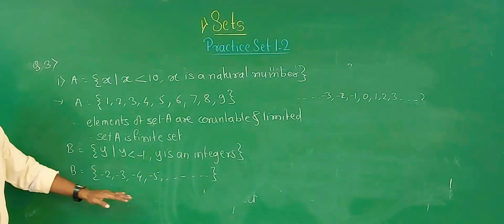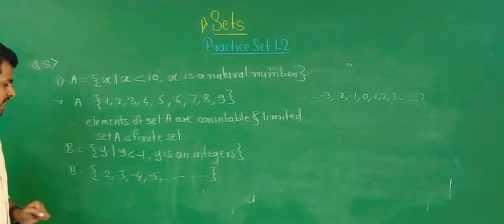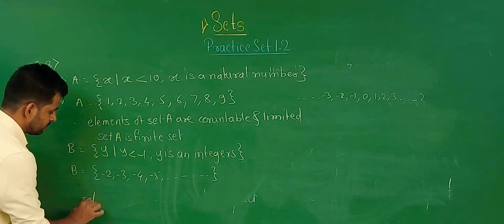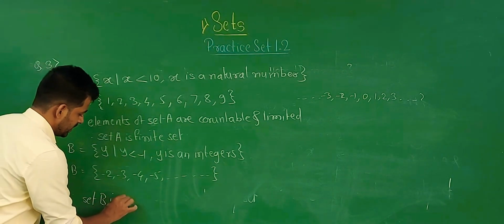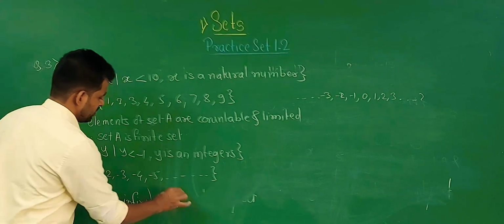Okay, we have to write here elements of set B are not countable and not limited. Therefore, set B is an infinite set. Okay,